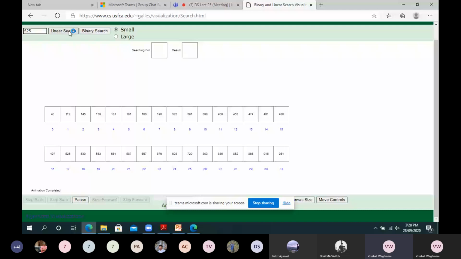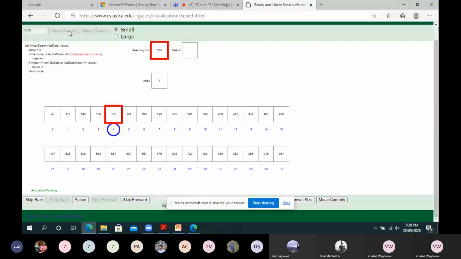It is checking one by one, comparing with each element.